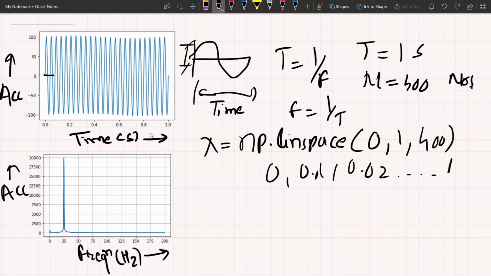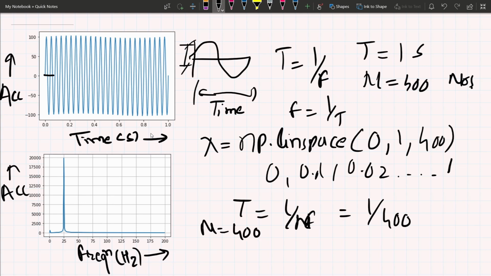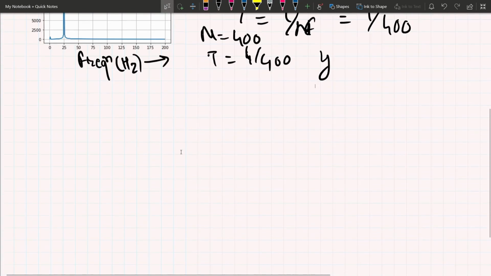For every substep, t is equal to 1 upon n, or 1 upon f, so 1 by 400 is t. So n is equal to 400 and t is equal to 1 by 400, and our x is this one, and y is our function. What is our function?